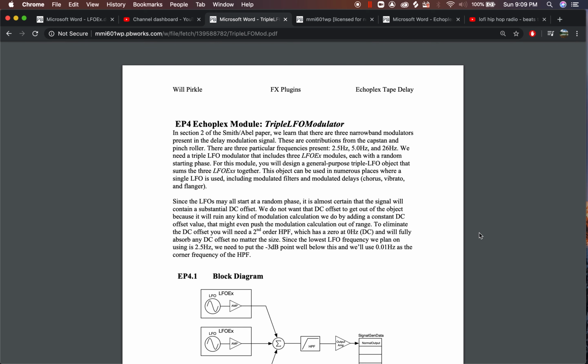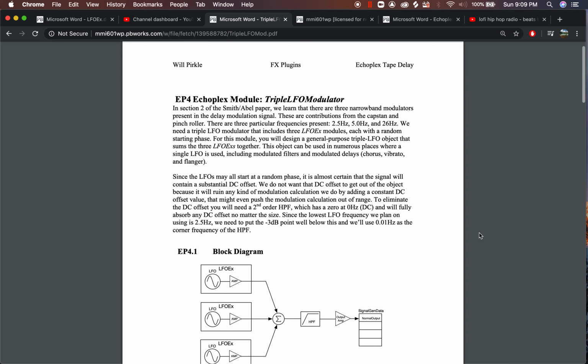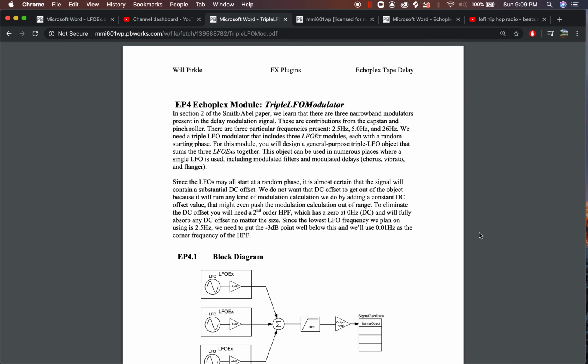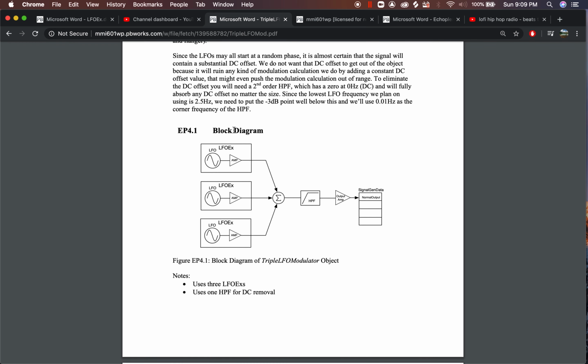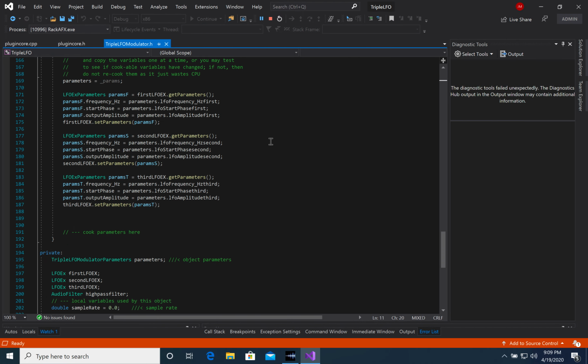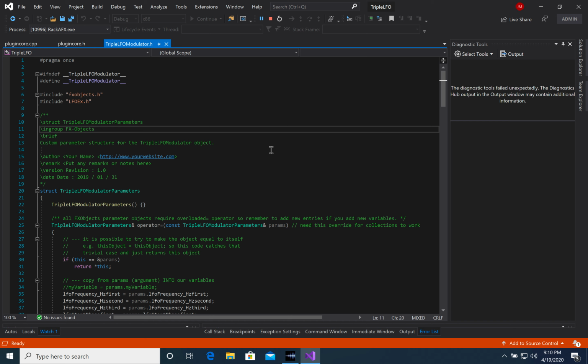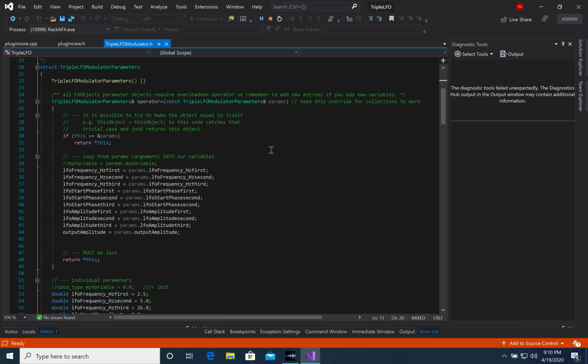I'm here to show you my TripleLFO modulator object. Here's the document we had to make the object from. There's a block diagram. It's three LFOEXs all summed together through a high-pass filter, and then that gets output to signal gen data. So if I go over to my implementation of it, we could start with the custom structure